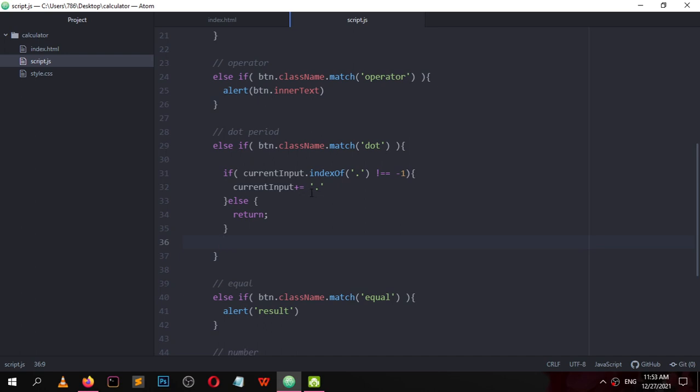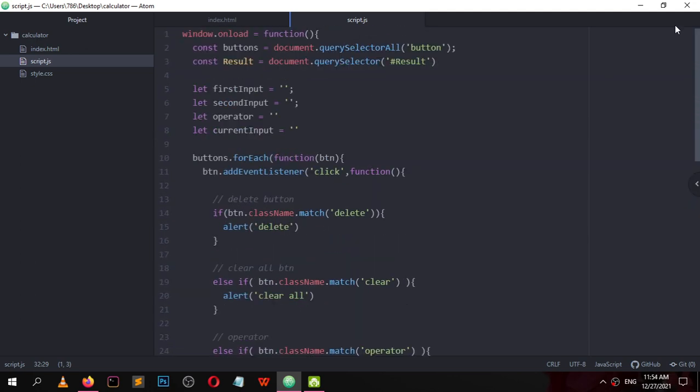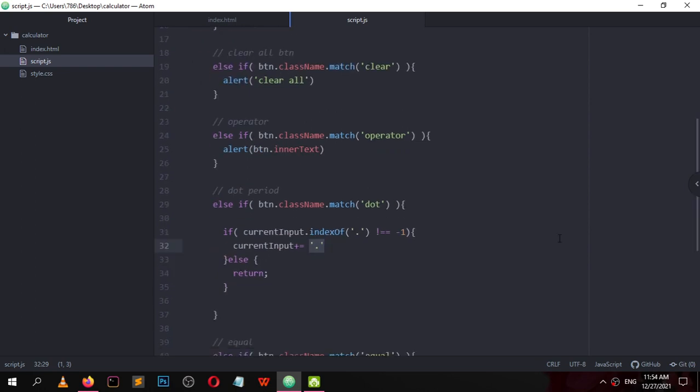Something is missing. I am setting current input plus equal this dot. Or how can I change this? Let me check current input dot index of this dot is -1, so add this is equal to -1.